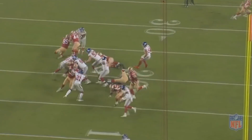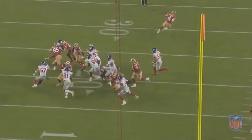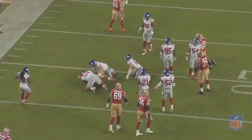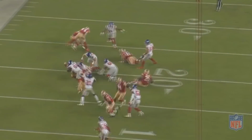Because of that, Kittle's able to push that edge rusher, completely get him out of the way. He does get some help, but he didn't need it. I mean, he had already won at that point. Kittle's blocking is really good, and that's something that a lot of people don't take into account when looking at tight ends. Sometimes people will just look at the receiving yards, but having a good blocking tight end opens up so many windows. Being an awesome blocking tight end definitely has its obvious benefits, and it can really help you